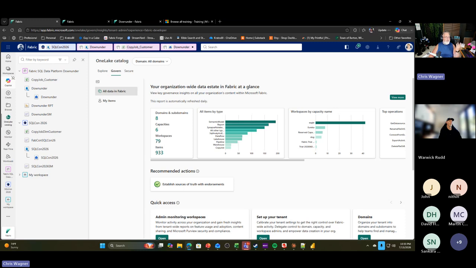Oh, that's why I had a problem. My capacities pause every night at 5 p.m. So I have to turn them back on. I forgot that. But if you pause your capacities every night at 5 p.m. and only fire them back up when you're processing things, you can really cut a lot of your consumption way down. In fact, Kevin from our live stream, he had a customer who he fired up the Fabric capacity at